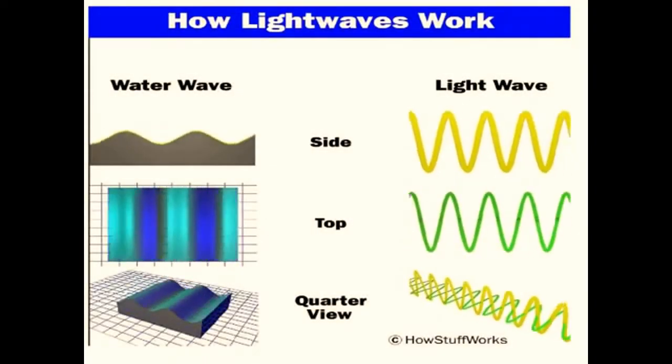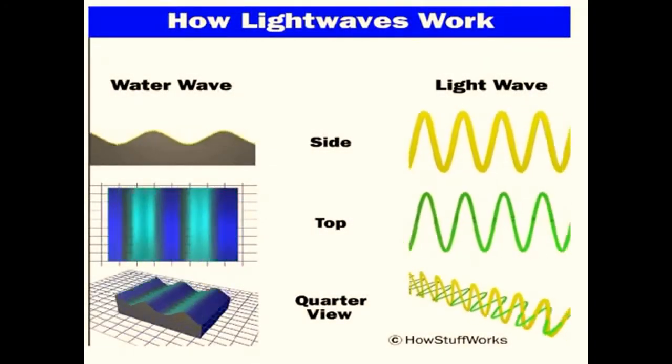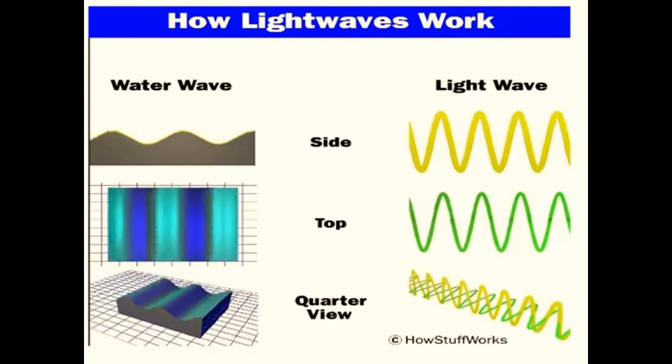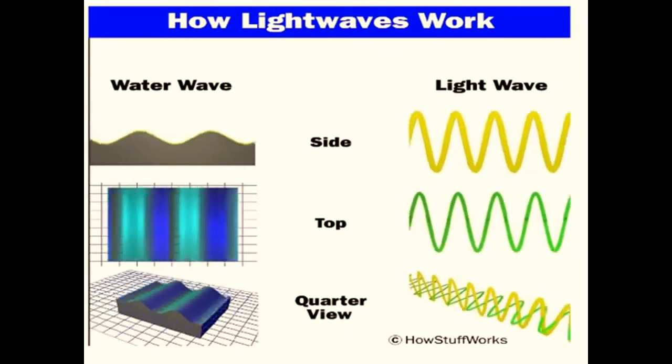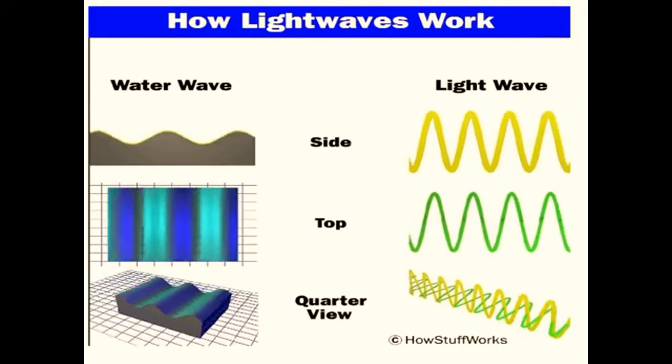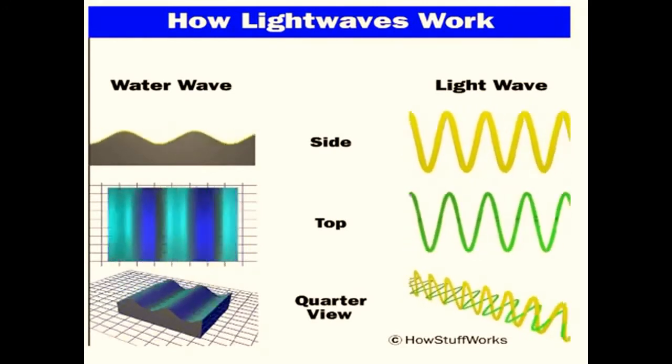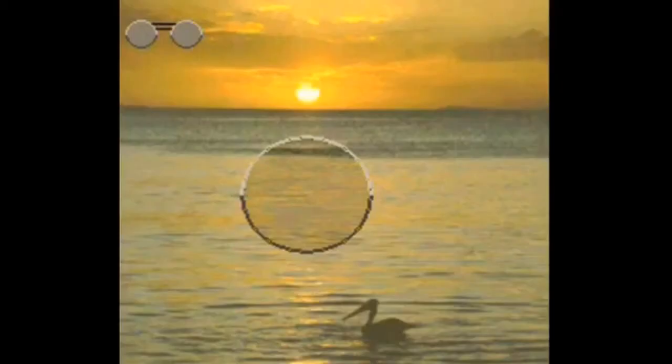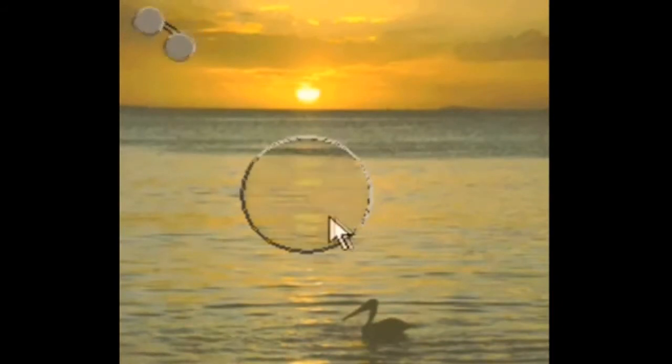Everyone's seen waves on water. If you look at them from the side, you can see the wave action. But light waves are different in that they have a wave action that doesn't have one particular orientation. Light waves have wave action from all rotations, simultaneously. Something strange happens when light waves are reflected off of water. They become polarized, which means that only one orientation of the light wave comes off the water.